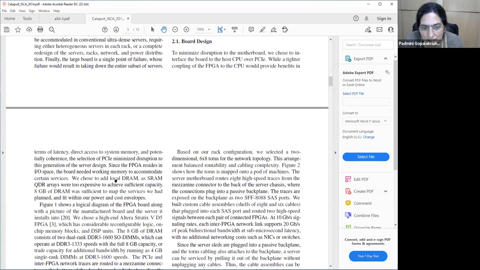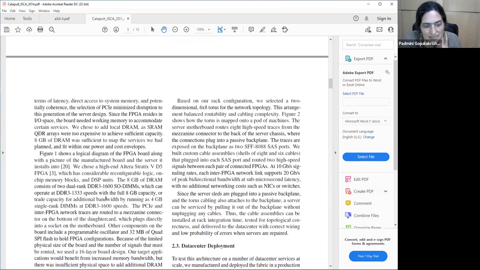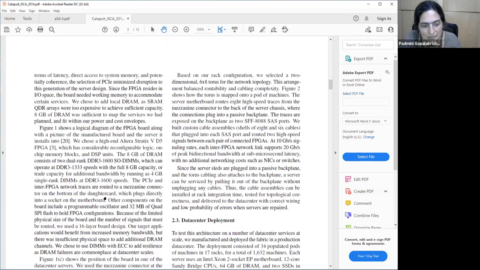And they have added local DRAM. Cost looks like it was a consideration here, and they have sized it based on whatever data they needed and their power and cost constraints. Okay. And then here,